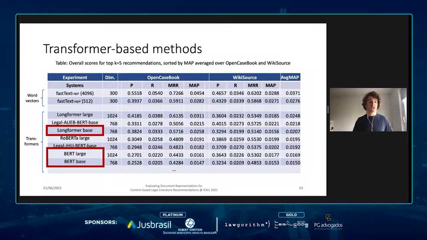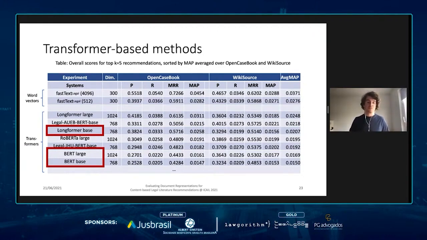Similarly, we see that among all transformer models, the large version outperformed the base version, for example, Longformer or BERT. But overall, the performance of the transformers is relatively low. One could expect a performance gain if you would train a Longformer model on a legal corpus. Yet these potential performance gains will most likely not justify the computational effort, in particular when we already have very simple and yet effective methods like averaging word vectors.